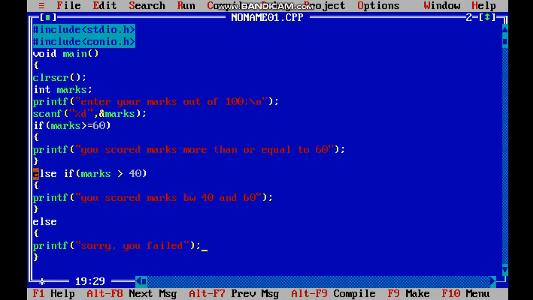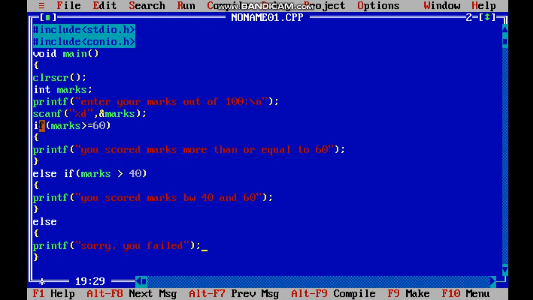But now see the else if condition. Suppose I scored 55, which does not fall in the first condition, so it evaluates to false and the second condition will be checked. Else if marks is greater than 40. We see here 55 is greater than 40. Yes, it is true. But 75 is also greater than 40, so why is this statement not executing?